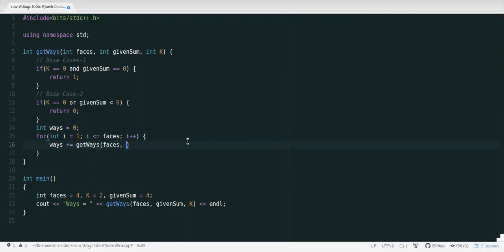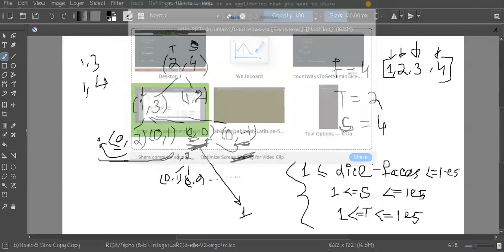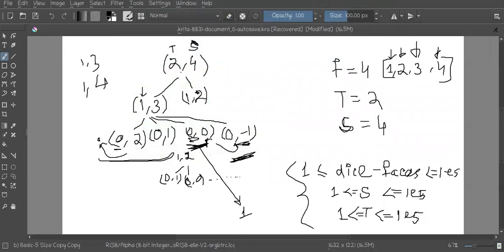And as you can see in the diagram, this is what I had initially, right? 2 comma 4. But when I have thrown the dice once, let's say when I get 1 as the answer, what could be the state now?